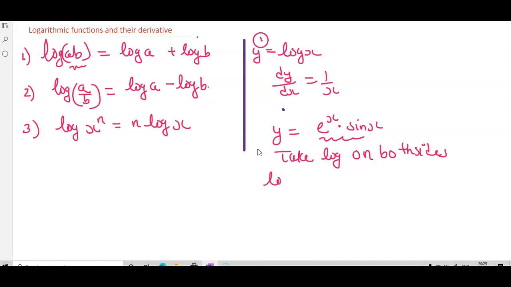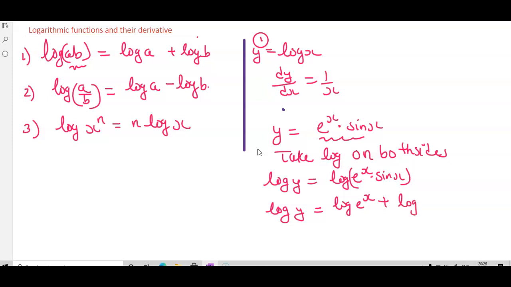That will be log of y equals log of e to the power x into sine x. Now it is log y equals log e to the power x plus log sine x, because here I am using the formula